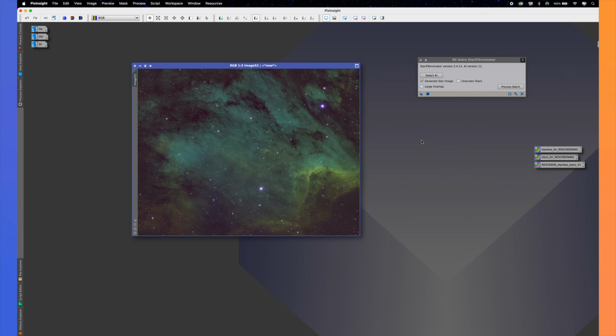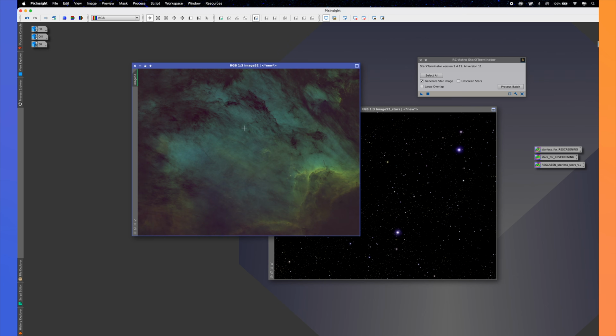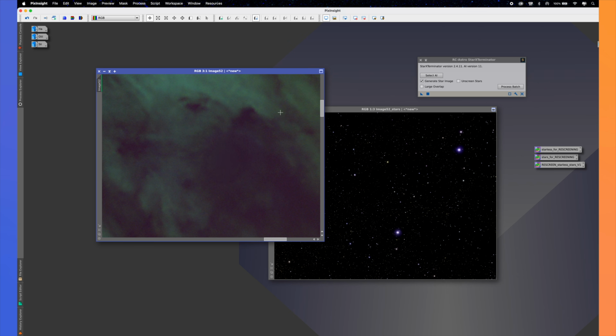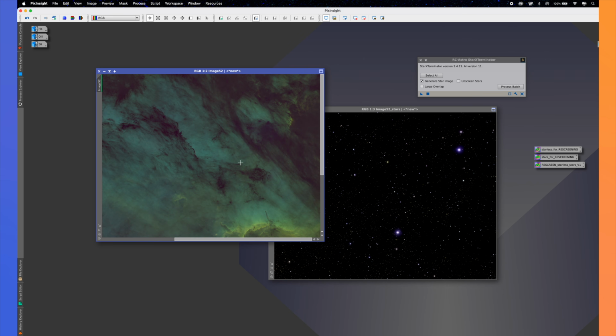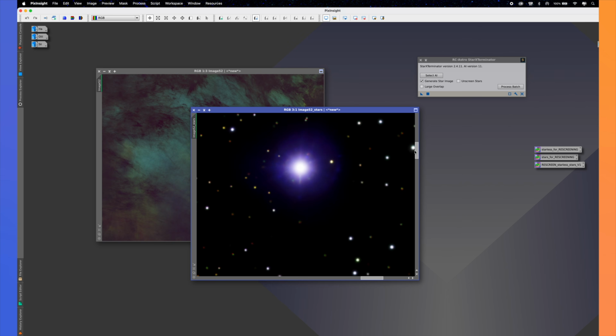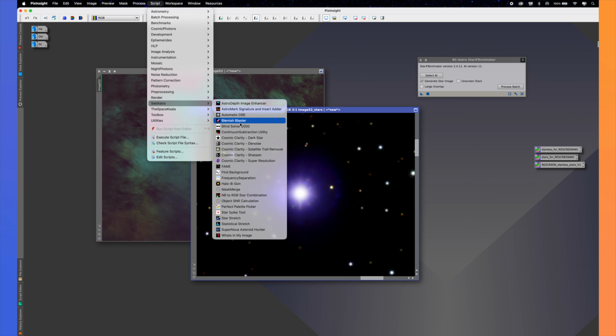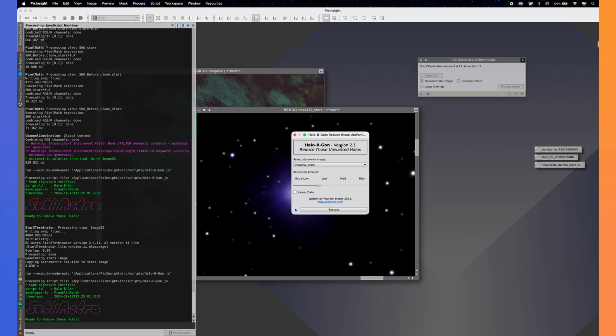So the first thing that I actually do is remove the stars. So I go into Star Exterminator, or you might have StarNet, generate the star image, and just throw that on, and let's remove the stars from the image. So now we've got our image, which doesn't have a halo in that area, does have a little bit of a smudge, but we won't see that when the star is put back. So if we now have a look at this image now, we've still got this fairly ugly looking star here with a massive halo. So if we bring this script back in and we go to SetiAstro Halo Be Gone,